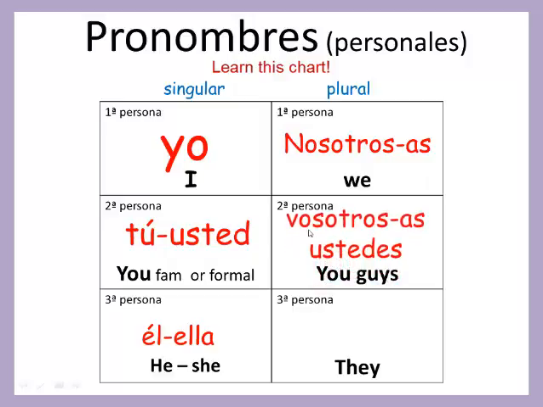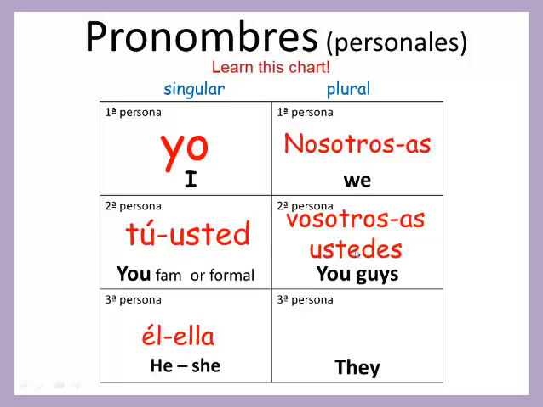And then you guys, here we go. We've got the vosotros and vosotras forms, which are only used in Spain. Familiar, informally. The vosotros form, once again, you guys, a group of boys, or a mixed group with at least one boy. And the vosotras form would be a group of only ladies. And then the ustedes form would be formally used in Spain if you're addressing someone formally, if you're being really polite or really respectful. Again, you are talking to an adult, an elderly person, a policeman. Okay.